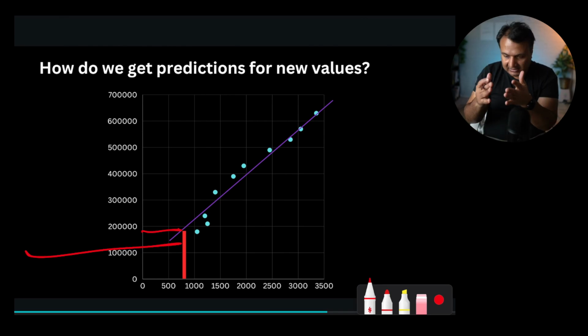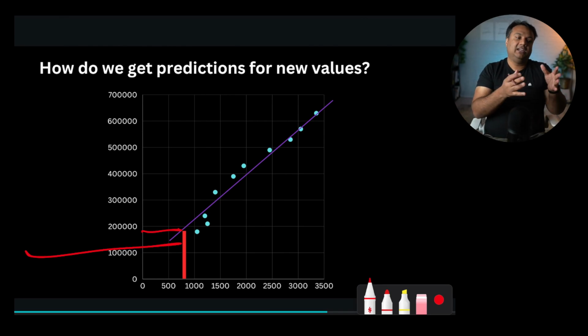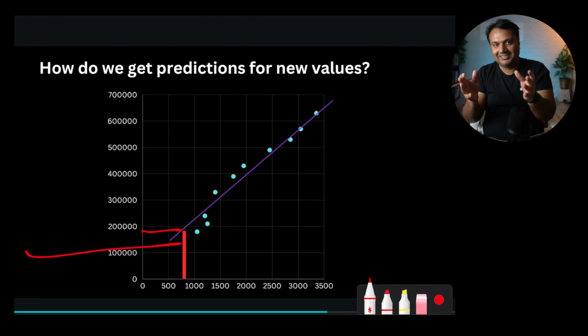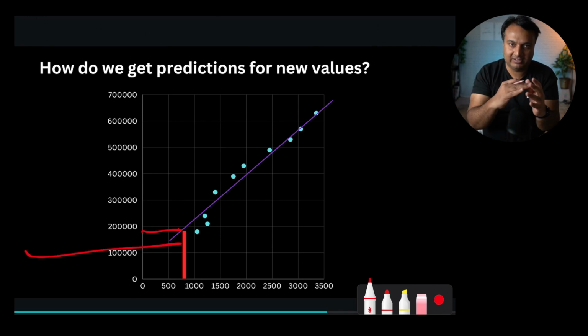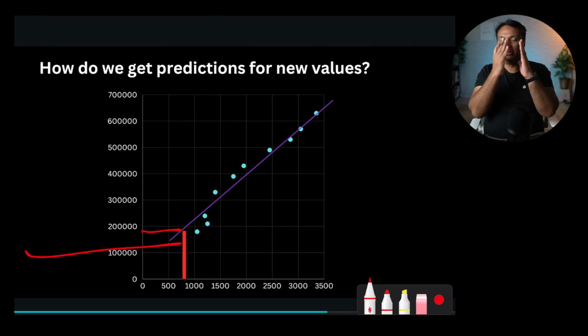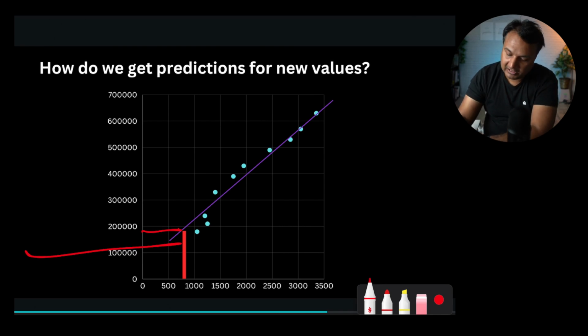And these are the steps which linear regression takes. It has the data, then it plots it, basically. Behind the scenes you won't plot it, there is some mathematical machinery, but I'm trying to help you develop the intuition. So you plot it, then you say, okay, how can I use it to find new values? And this is how you use it.